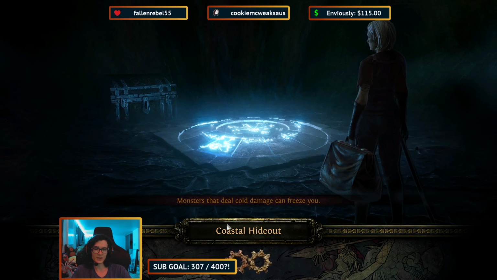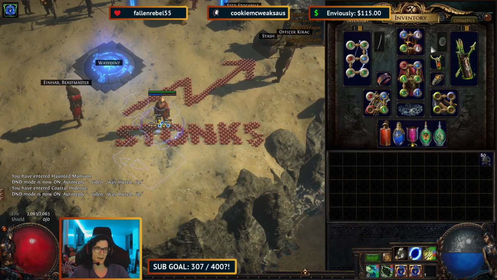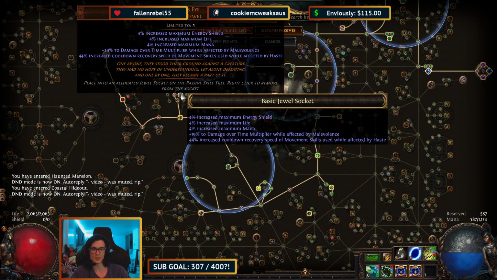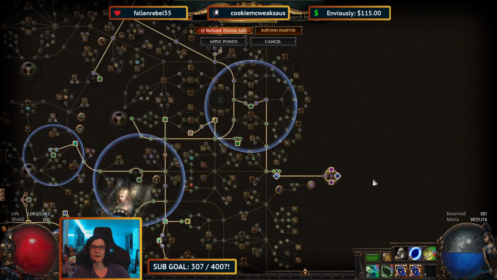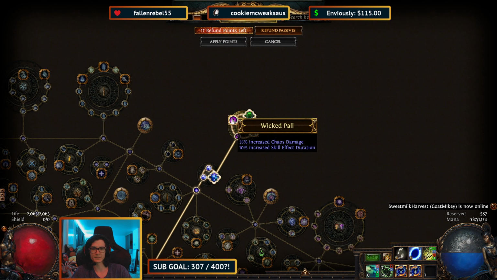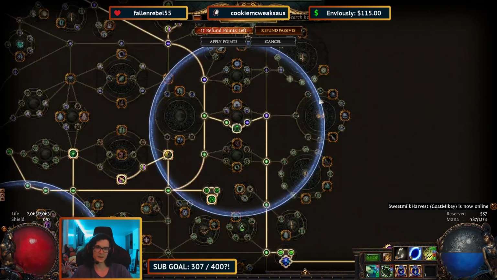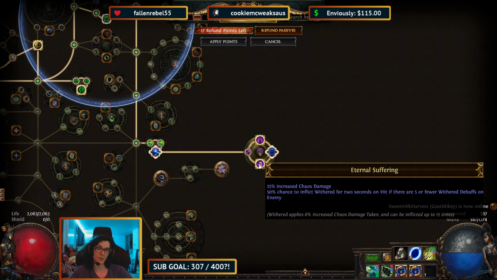By putting all these things together, by having the level 32 Toxic Rain, by having attack speed on a fair bit of our gear, by having the Watcher's Eye with the damage over time multiplier, by running the Malevolence Aura, and finally by running 2 cluster jewels. We're going with medium cluster jewels. One of them has Brush with Death alongside Wicked Pall, so it's basically skill effect duration, chaos damage, and then damage over time multiplier. And then the other is chaos damage, skill effect duration, and the most important part is